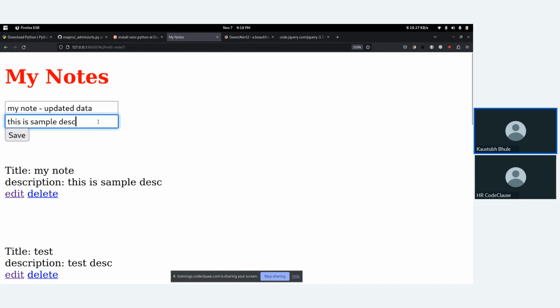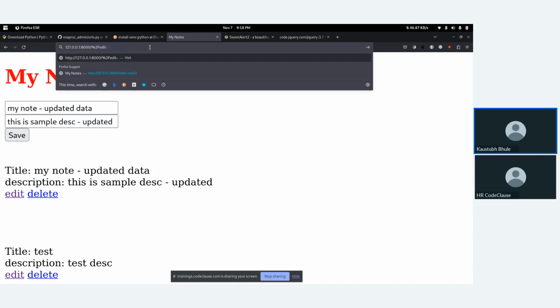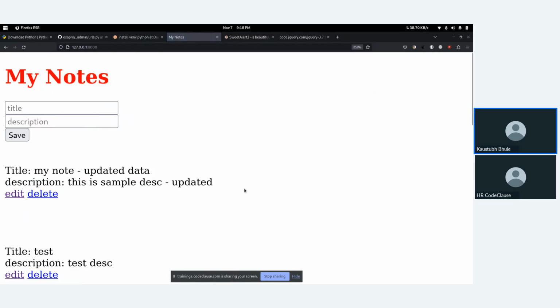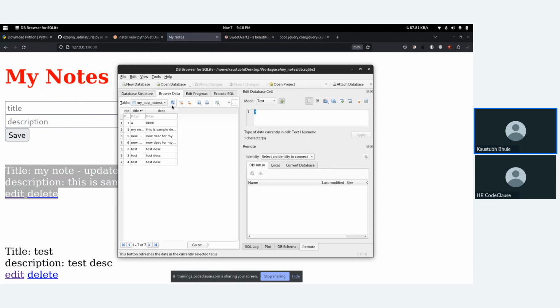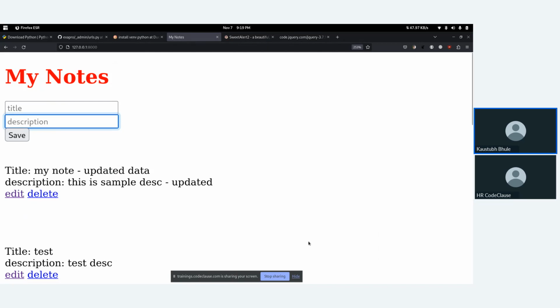And here also something like updated. And let's try to save this. Now you can see our note is successfully updated. Even if I go on my main page, you can see the data is updated. Even on this table entry, you can see this is updated data. This is how you can update a particular thing.